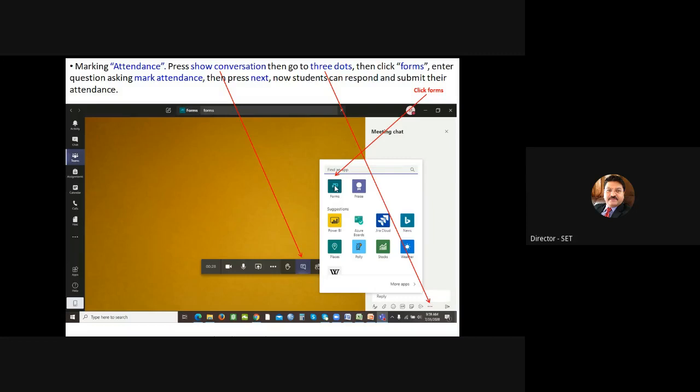After clicking forms, it will take you to Microsoft Forms, where you should ask the same as what we did in Google Classroom. In Google Classroom, we asked to mark attendance using a question under create. We went to create, clicked question, and then asked to mark your attendance. We gave multiple choice, only one choice, that is present. Same we are going to do here, but here we use Forms. Same question, same multiple choice, one choice, present. How is it? You see,